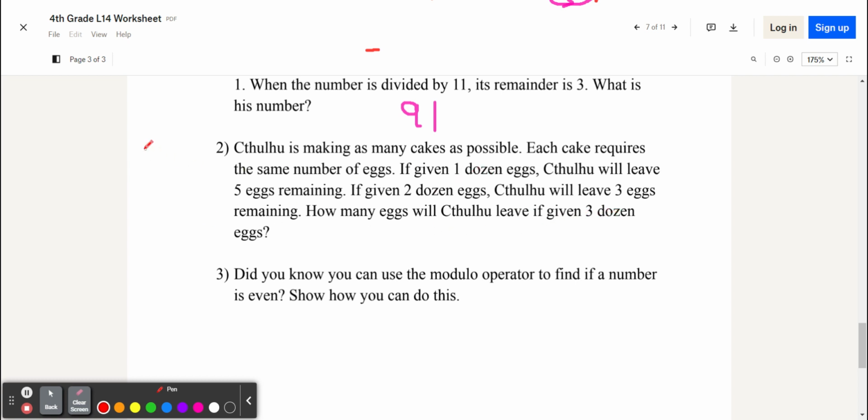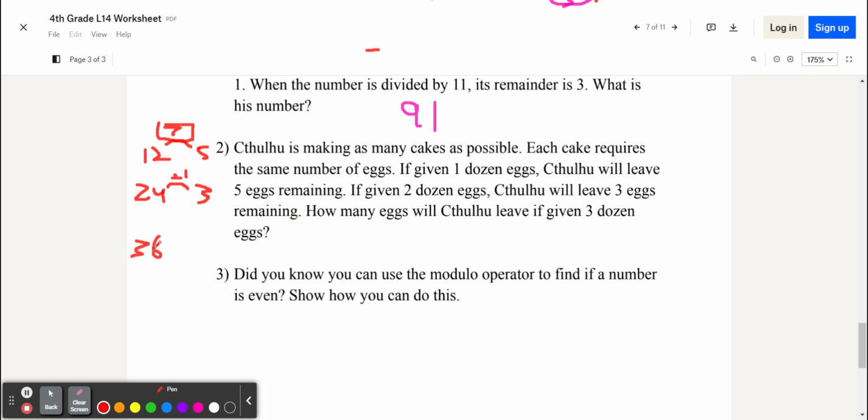So 1 dozen is the same as 12, and 2 dozen is the same as 24, and he'll leave 5 eggs, and he'll leave 3 eggs here. So if he's leaving 5 eggs, that means he used 7 eggs. And in this case, he used 21 eggs because he leaves 3 remaining. So we know that each cake is just 7 eggs. And so he makes 1 cake when given 1 dozen eggs, and he makes 3 cakes when given 2 dozen eggs. And so if given 3 dozen eggs,